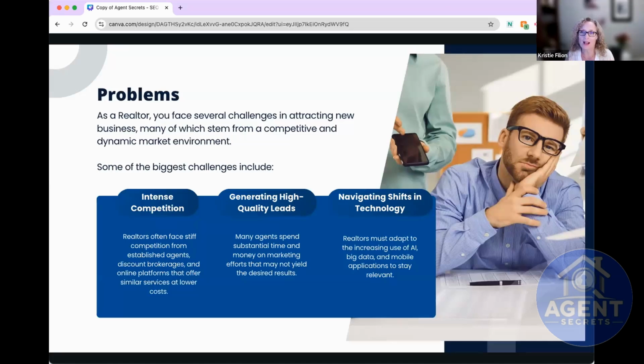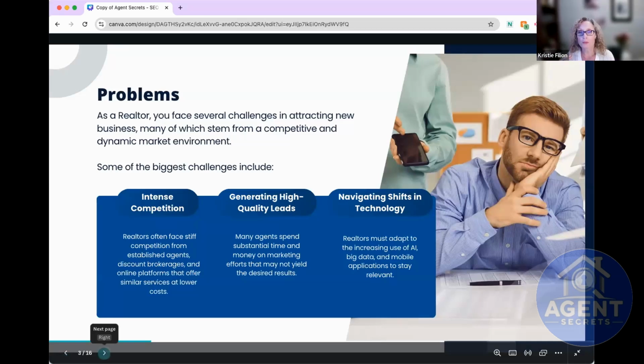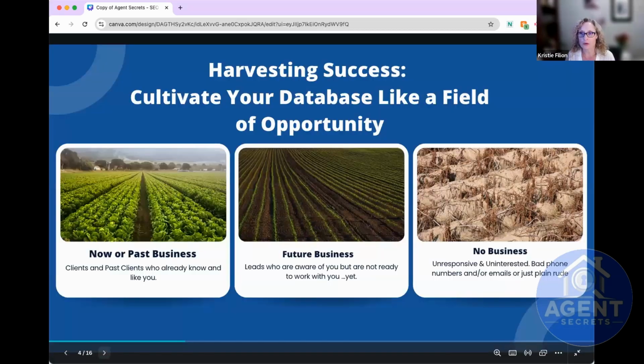That is, I think, the one thing that you can really count on: things are going to change. So we like to address all of these problems in our presentation and help you navigate through them so that not only are you prepared, but you can thrive in these situations where you have intense competition, where you are trying to deal with all the changes in technology.